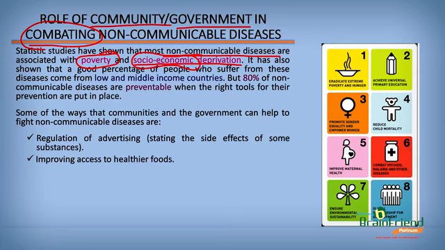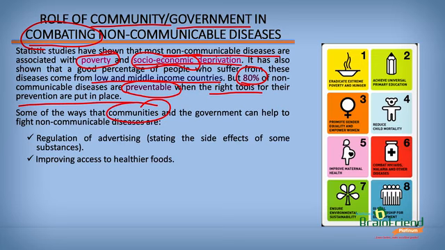It has also been shown that a good percentage of people who suffer from these diseases come from low and middle income countries. But 80% of NCDs are preventable when the right tools for their prevention are put in place. Now, some of the ways that our communities and the government can help to fight non-communicable diseases are: